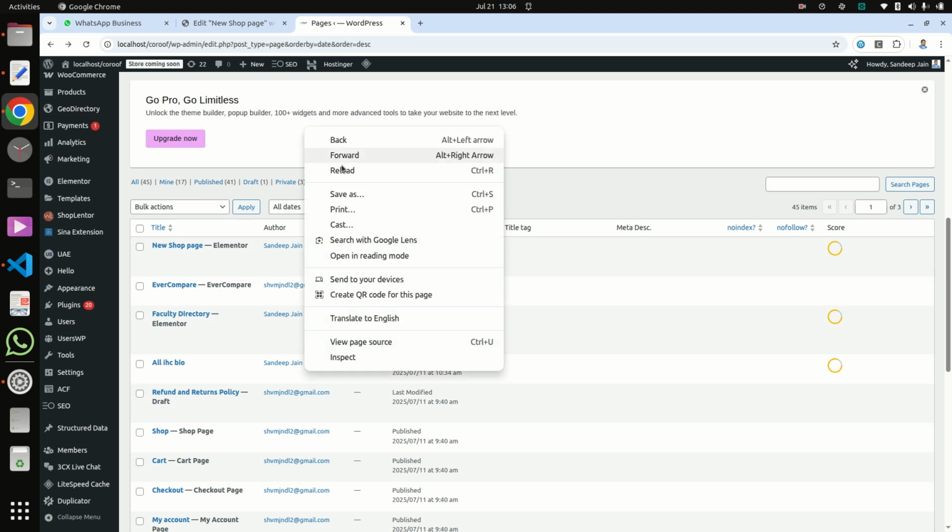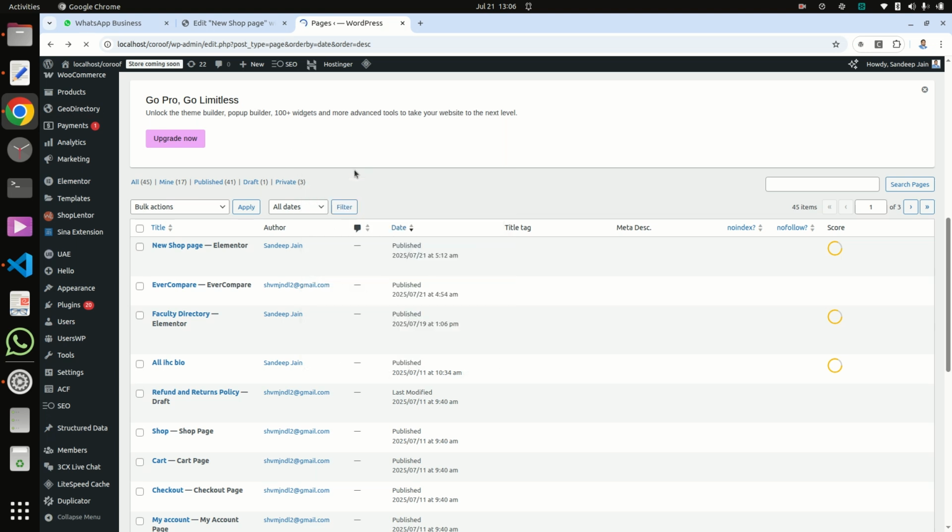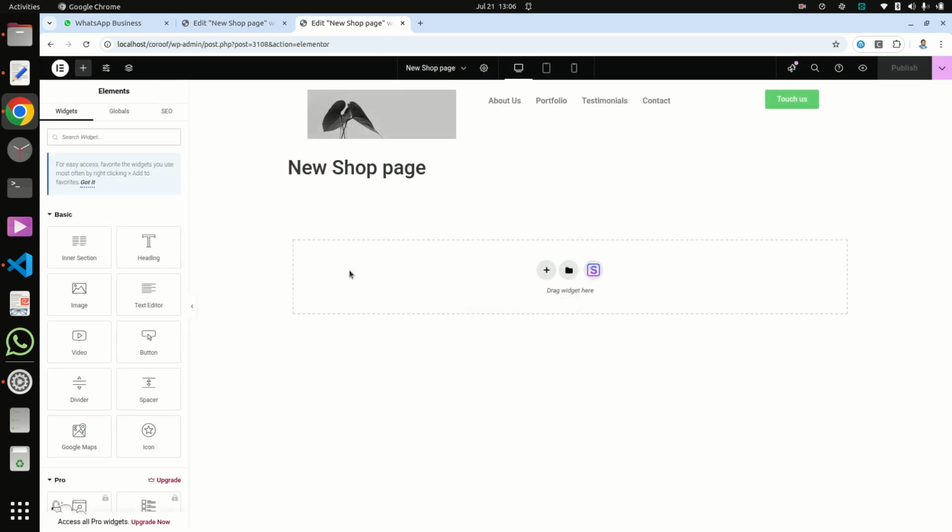Now check again. Now it is working and it is opening, and this issue is fixed.